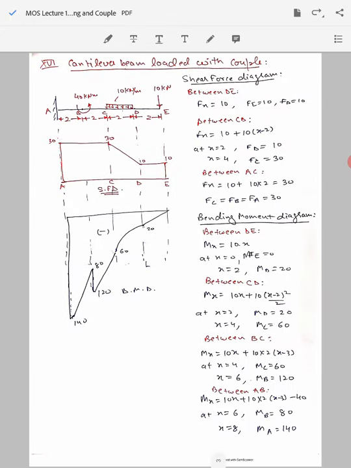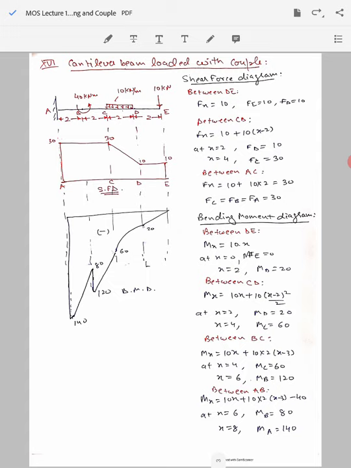So far in all these cases that we have taken for the simply supported beam or the cantilever beam, we have considered only the point loads or the uniformly distributed load. Sometimes it is possible that a couple or a moment is being applied on the beam at any point. Like in this particular case, you have a cantilever beam which is given to you.